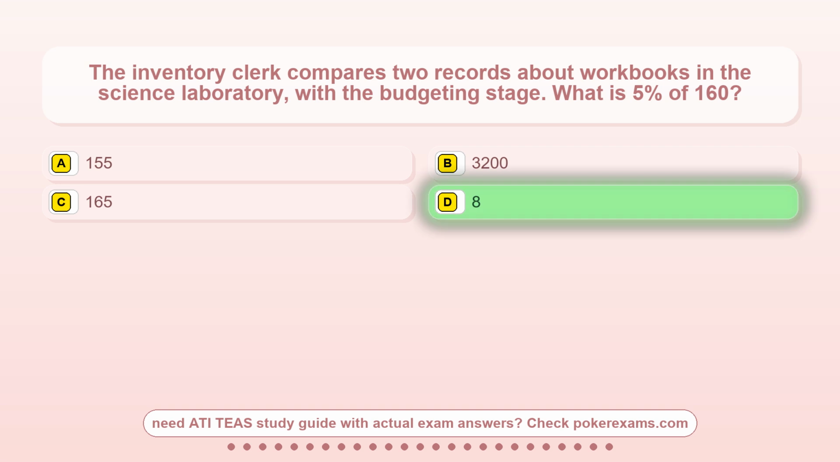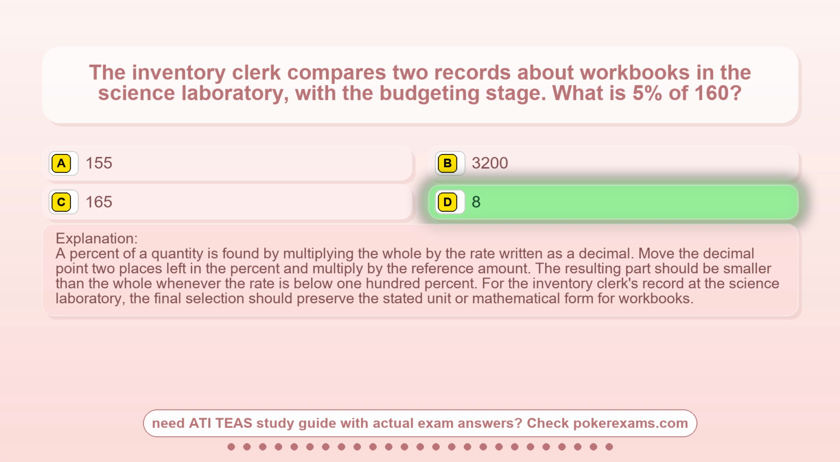The correct answer is option D, 8. A percent of a quantity is found by multiplying the whole by the rate written as a decimal. Move the decimal point 2 places left in the percent and multiply by the reference amount. The resulting part should be smaller than the whole whenever the rate is below 100%. For the inventory clerk's record at the science laboratory, the final selection should preserve the stated unit or mathematical form